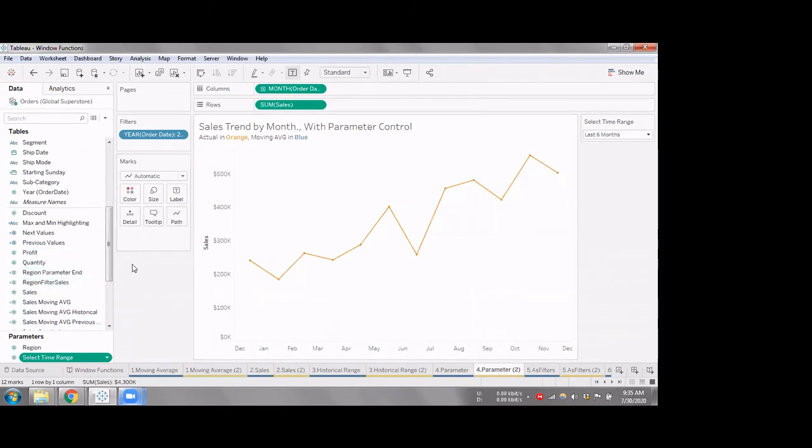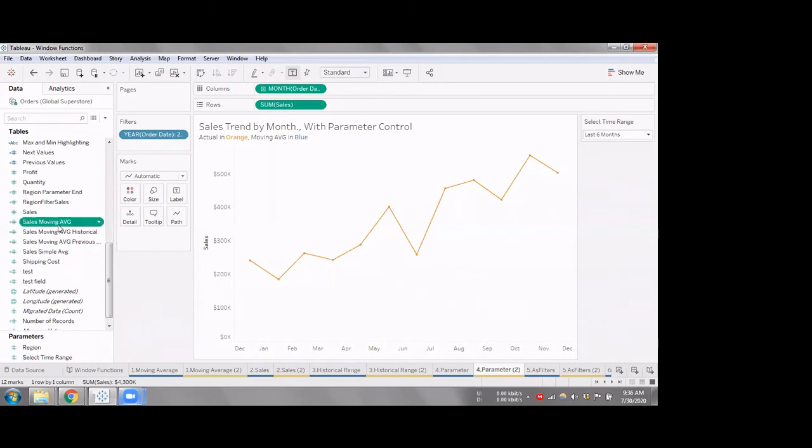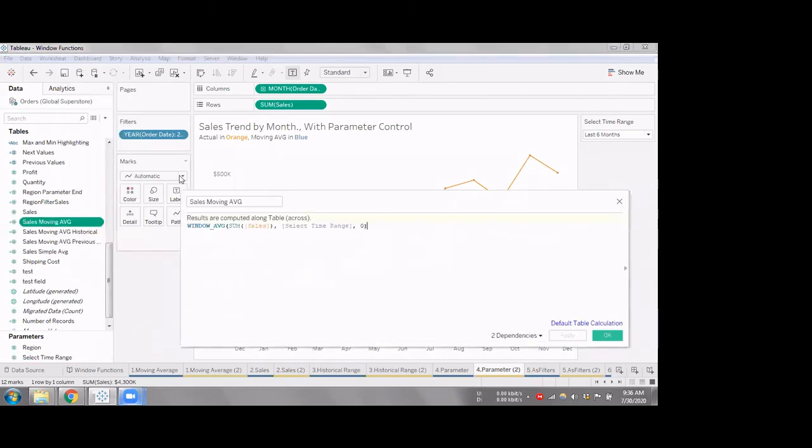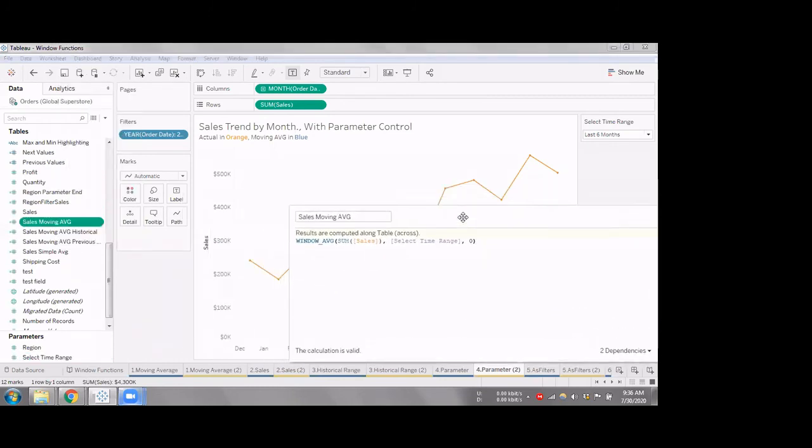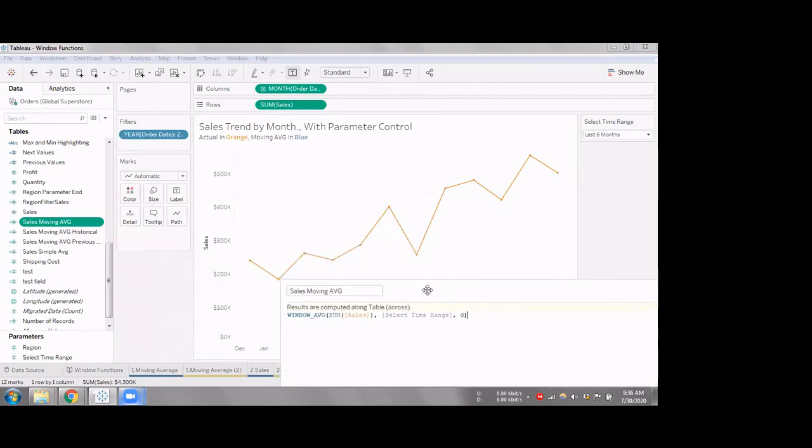I've already created the calculation. Let me edit it. What I'll do is window average. I know I have to get the average at the window level, and my window average should work on this particular field, sum of sales, and my window is defined from the parameter value that I give to the current value.